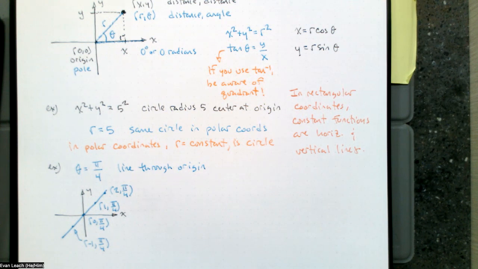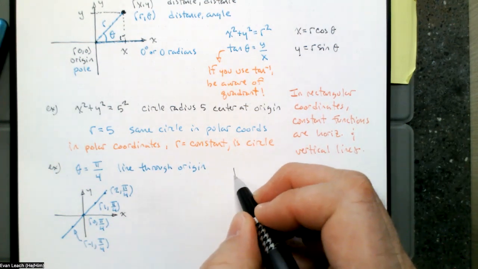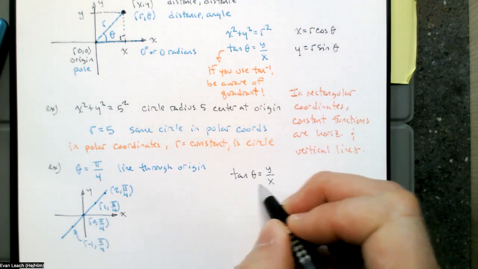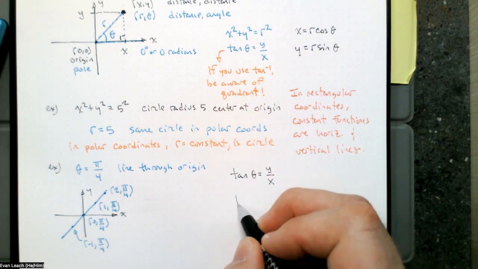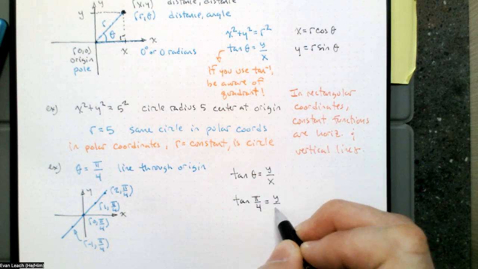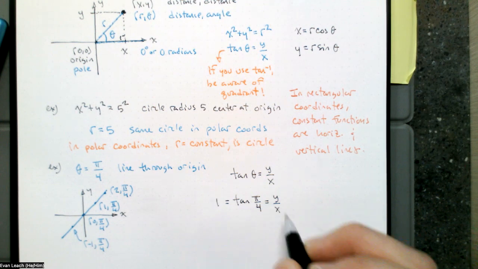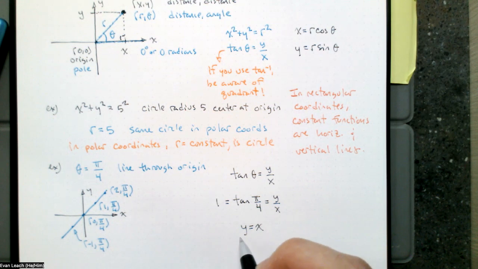Let's look at how theta relates with x and y. Notice that tangent of theta is equal to y over x. Since theta is constant, I can just replace theta with pi over 4. Tangent of pi over 4 is y over x. But tangent of pi over 4 is equal to 1. So the equation we're looking at is y equals x. I multiply both sides by x. And y equals x is a line through the origin